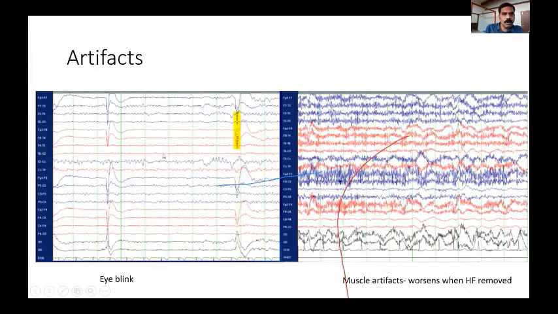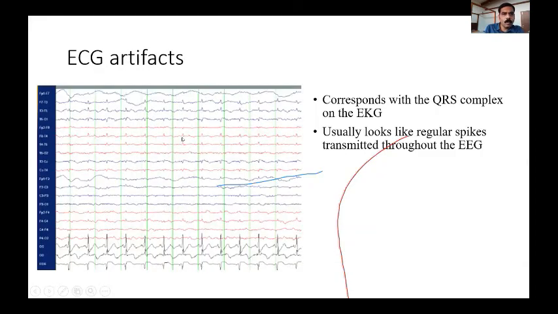If you look at this EEG, you find these small waves, seen on almost all the leads and occurring at a very regular interval. This is nothing but an ECG artifact. You can see the ECG record here, and they correspond to the ECG waves here. If you're not aware of this, or if the ECG has not been recorded in the EEG, you may confuse them for focal epileptiform discharges. The regularity and the correlation with the ECG will help you pick up these ECG artifacts.